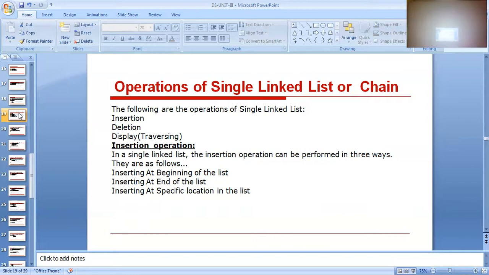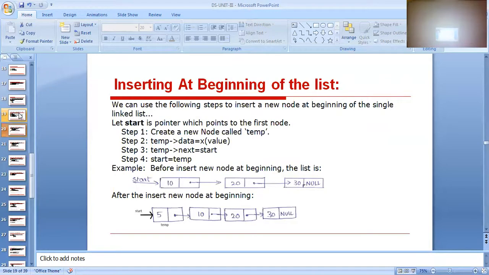The first one is the insertion operation. In single linked list, the insertion operation can be performed in three ways. The first one is insert at the beginning of the list. The second one is insert at the end of the list. The third is insert at a specific location in the list. Clear? The first operation is inserting at the beginning of the list.